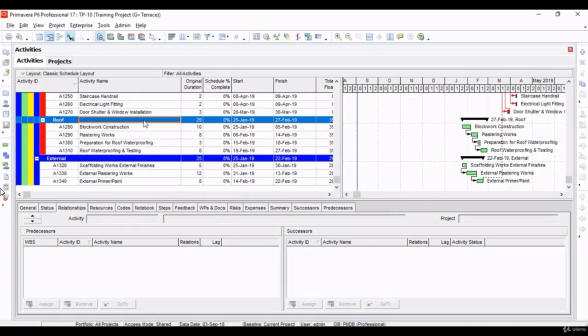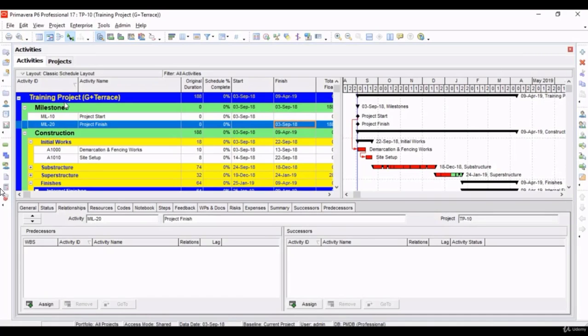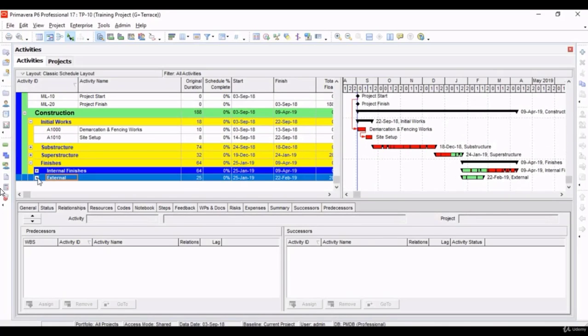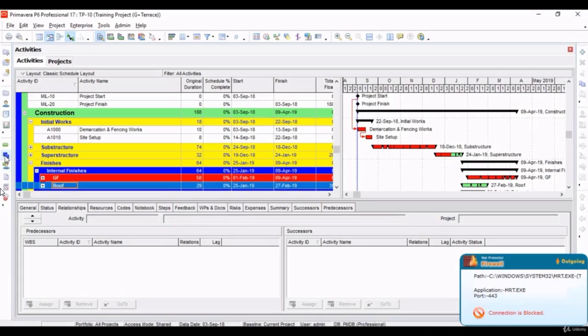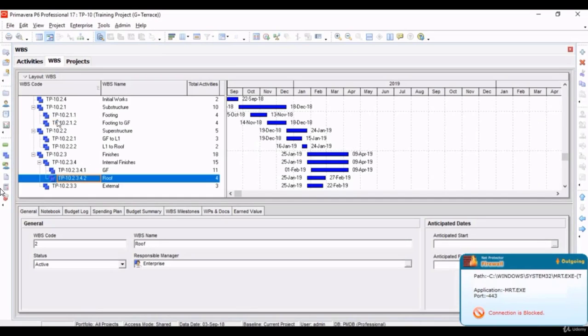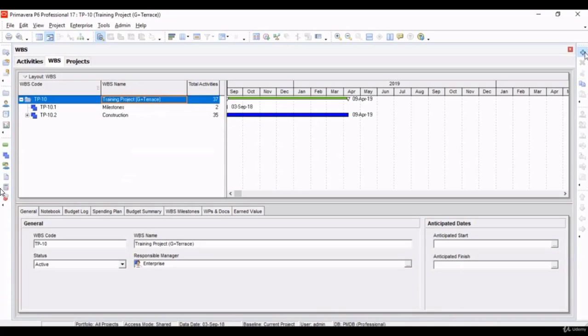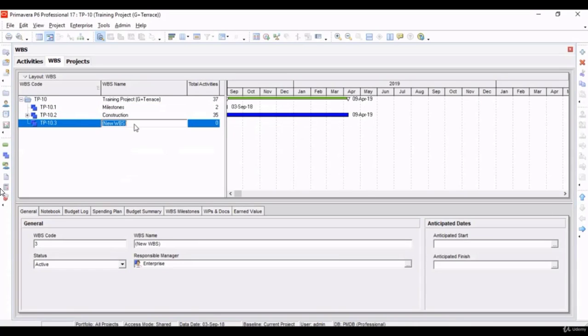This means we have finished with adding activities for finishes for roof and external works. We need to add a final snagging activity. So here we have project milestone as project completion. Before project finish, we need to do some snagging work, some final touch-up works, handover, or we can call it handover. Let's come to the WBS window. Let's just close this. Let's summarize this. Let's add one separate WBS, a parent level WBS, which is work completion.